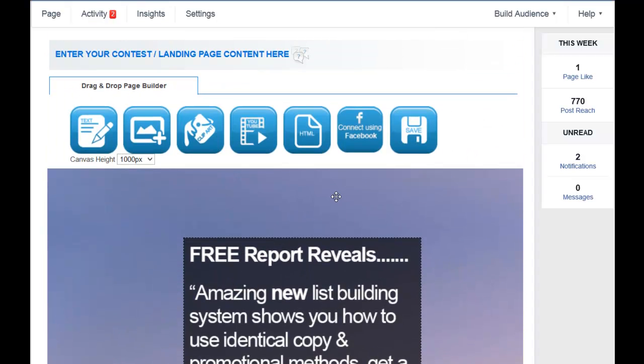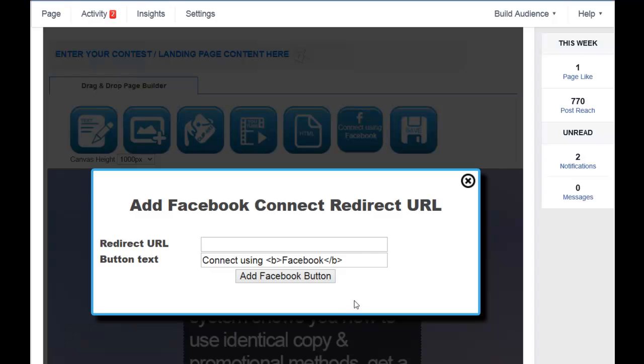Then we come up here and we grab the connect using Facebook button, drag that down, and you'll see it opens up this box here. Now we can customize the button text. So let's change that, get rid of that, and we'll leave it bolded. See, you can enter in HTML in this button text field. So the B here is for bolding the text. So get